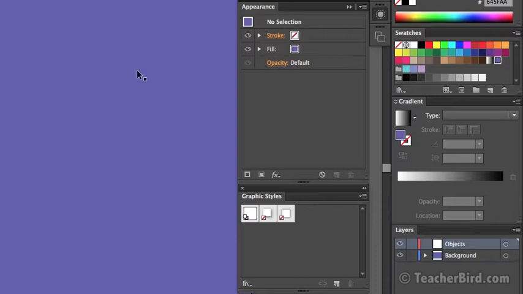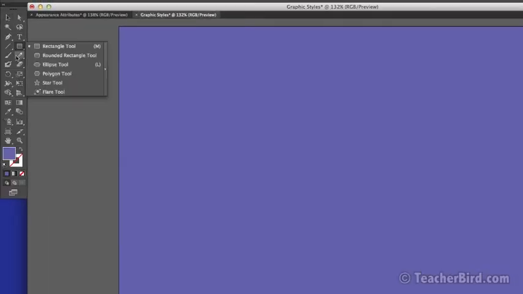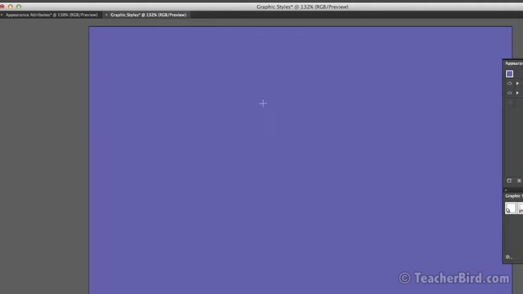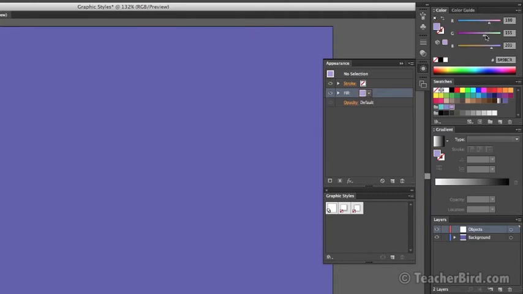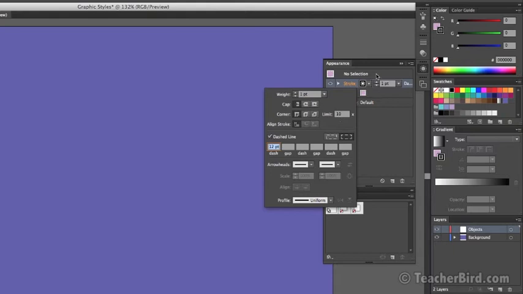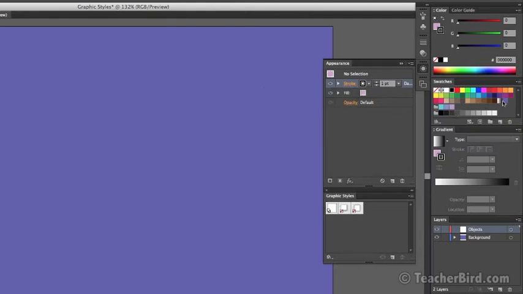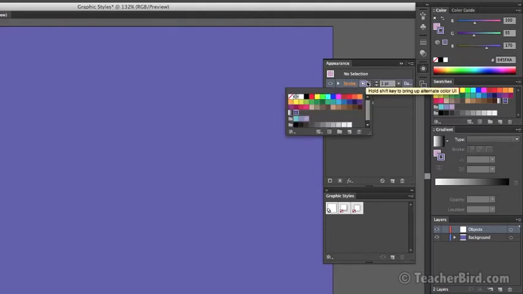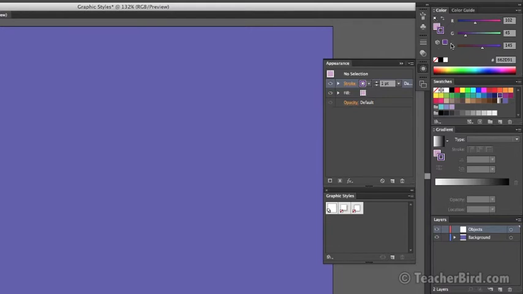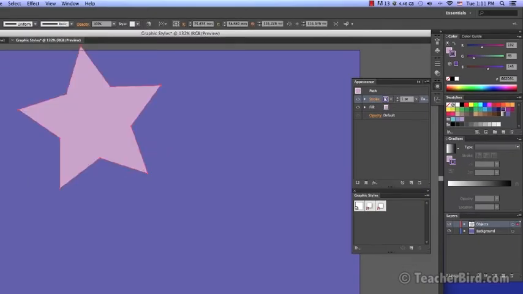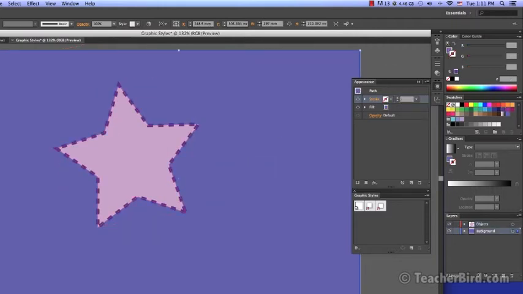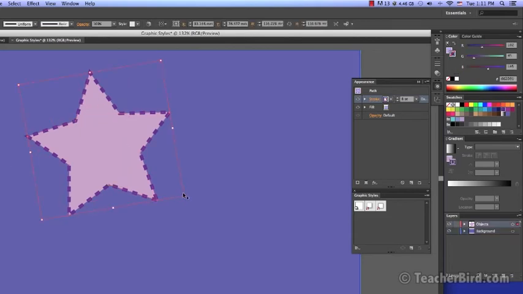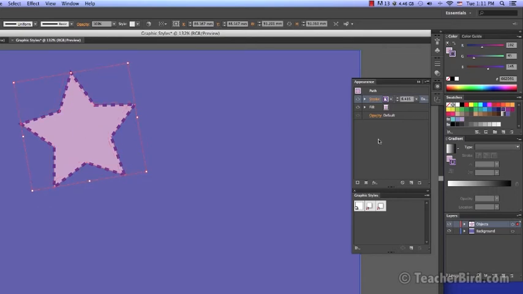And let's create an object and edit its appearance in order to save it as a graphic style. Let's say I create a star, with a fill of perhaps a lighter shade of purple, maybe with a stroke that is dashed, and a darker shade of purple. Okay, now let's create our star and see what we get. Let's move this here, increase the weight, and okay. Let's make this a bit smaller,